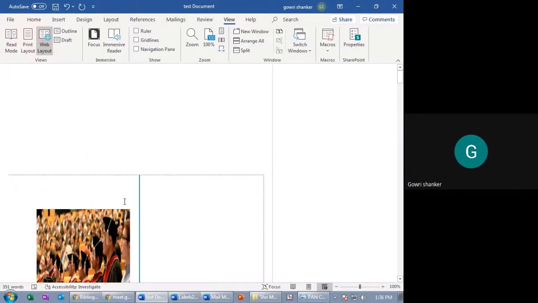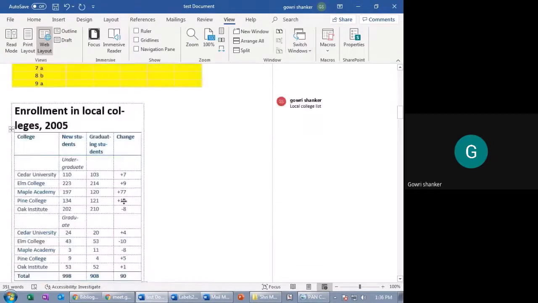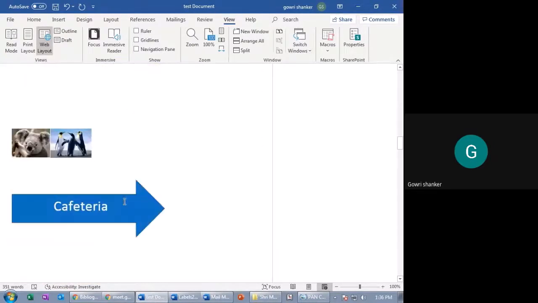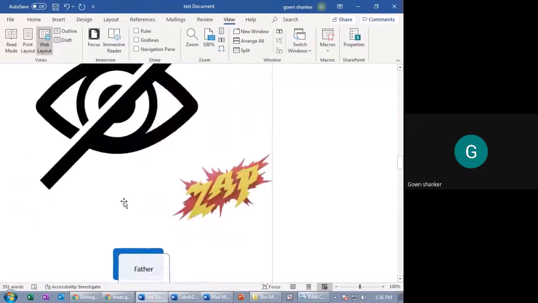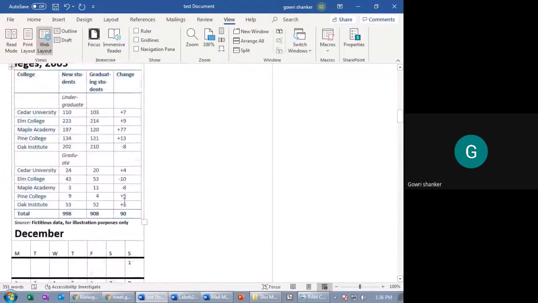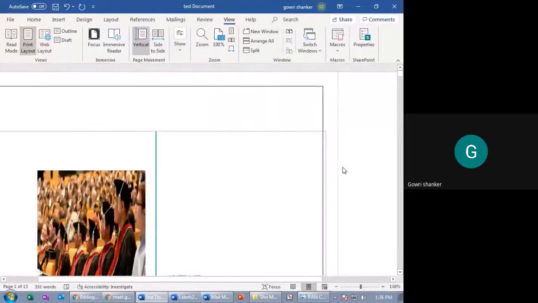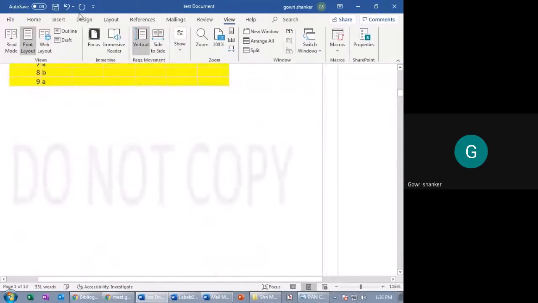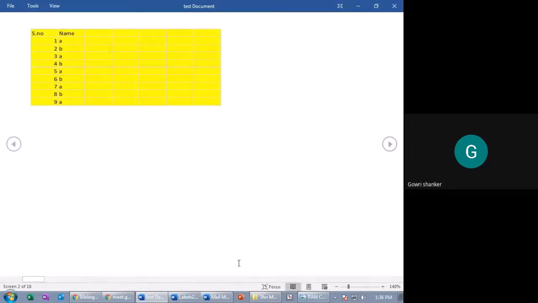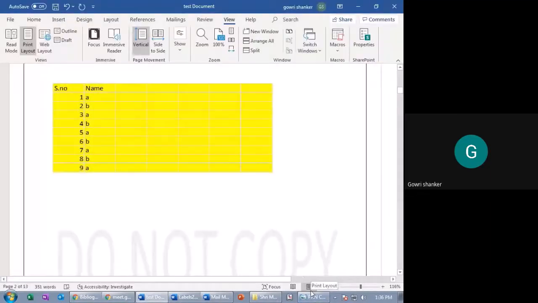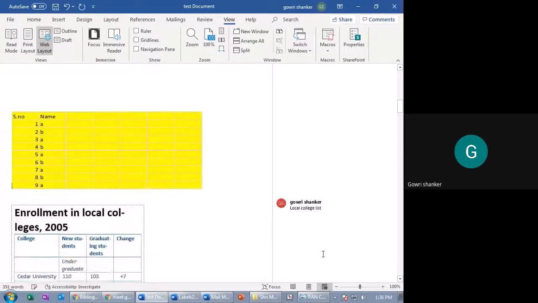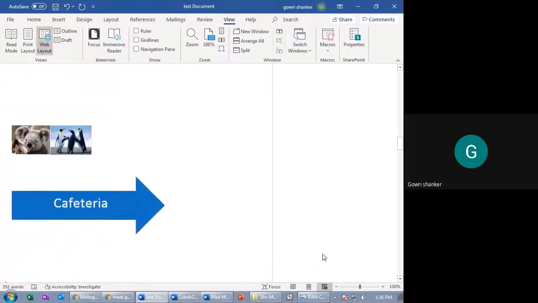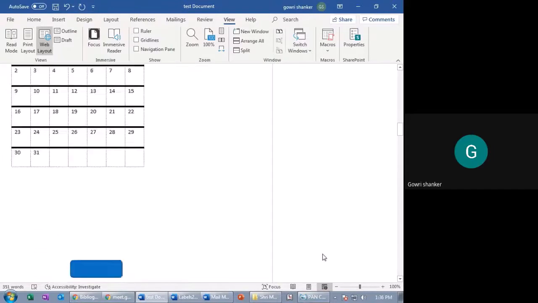Actually, in websites also, we have two different types, static and responsive. Static is common. Responsive is supported even on your Android version or OS version of mobile. That is responsive. So this is web mode. Print Layout mode is normal, like this it will come. You can see the differences. Read mode is completely different. Normal page is this and web mode is this. Just like a website it looks. If you have nice tables and content, it will be better.